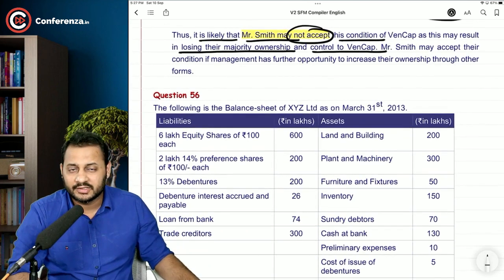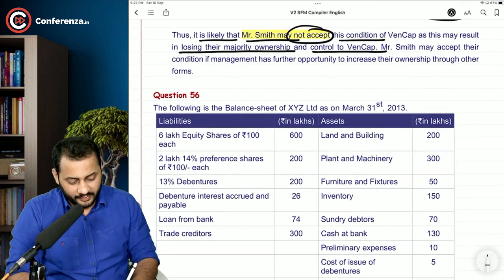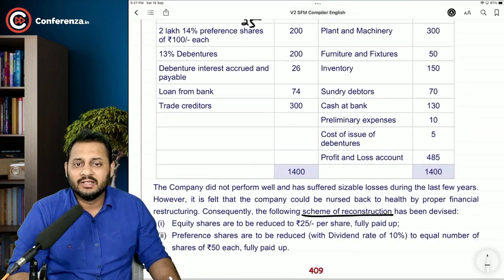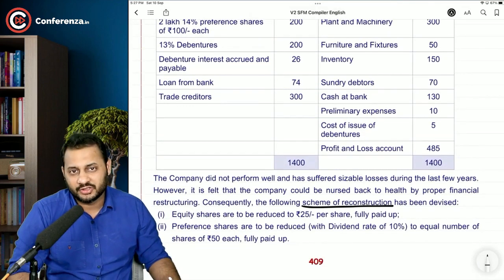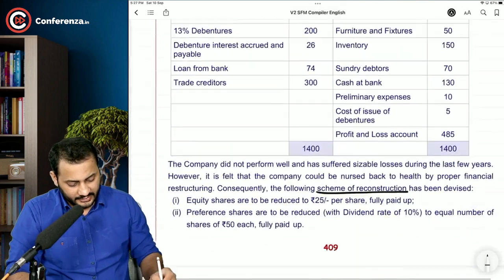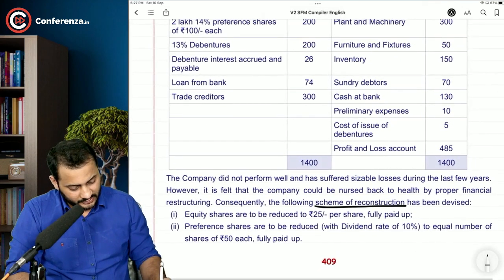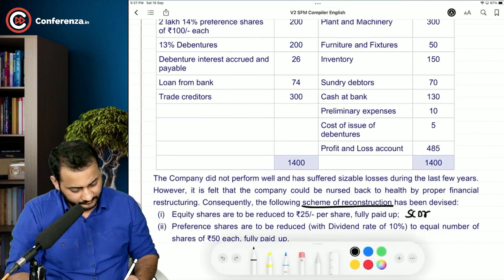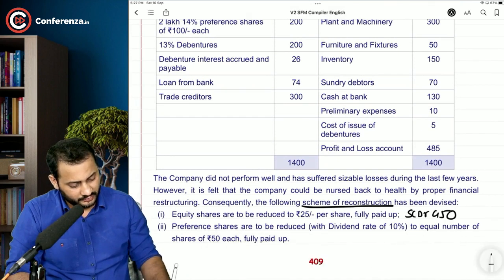Yes, 450 lakhs. Because you want to bring down the paid up value from 100 to 25, that means you are writing off 75 rupees. And the balance will be transferred to the reconstruction account. See, this share capital account will get debit. I will just write down. Share capital debit 450 to reconstruction account